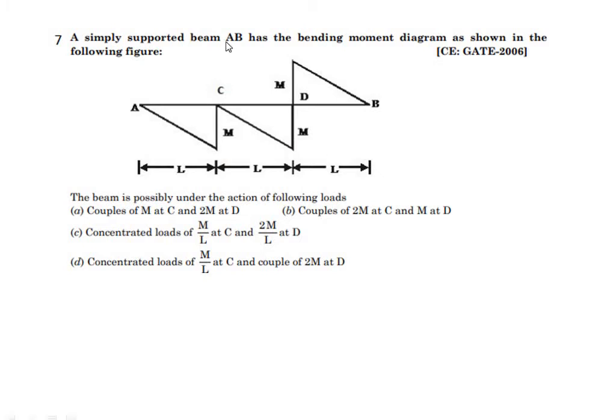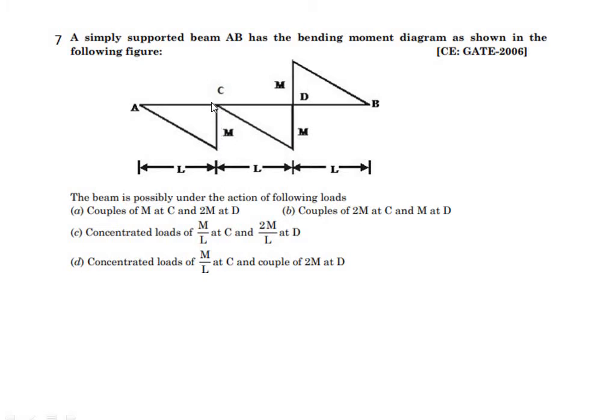While inspecting this bending moment diagram, you can find there is a linear variation of bending moment from A to C. This may be due to loading, or this may be due to a reaction force. So either a reaction or an external point load is acting at the point A. So we can take that. And then at C, you have an increase in magnitude of M.